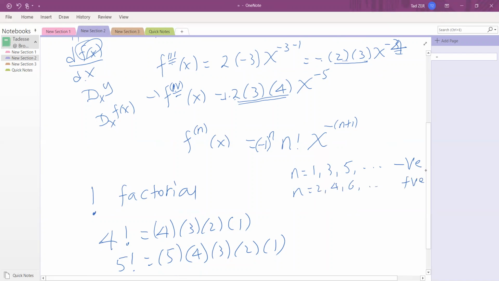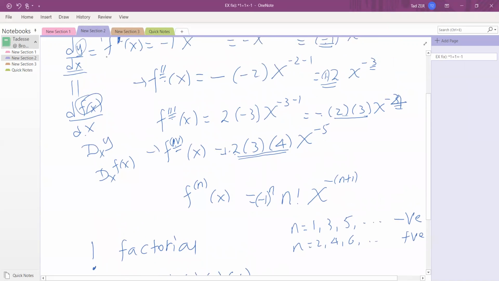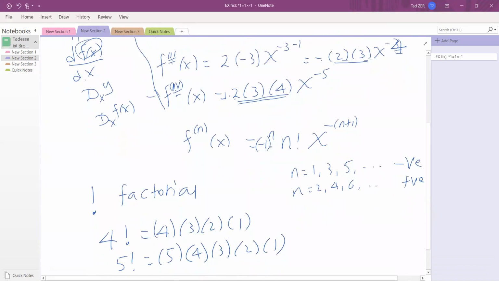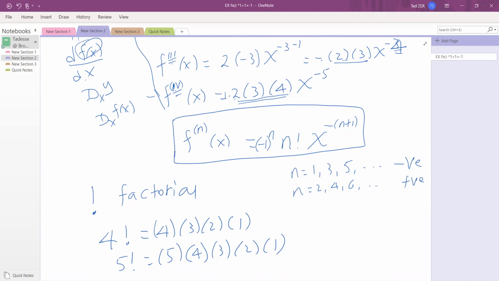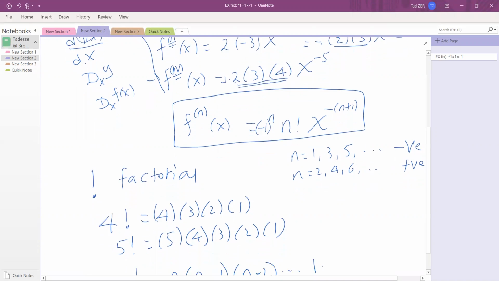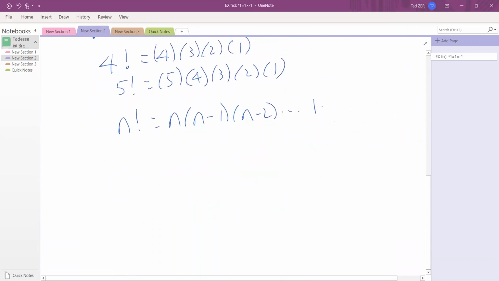A positive number. How do I know? From my history here, right? For 1, 3, 5, I have minuses. That's why I have negative 1 to the power of n. So this is what we call the general formula for the nth derivative of f of x equal to 1 over x. Let's see another simple example. It says, given f of x equal to